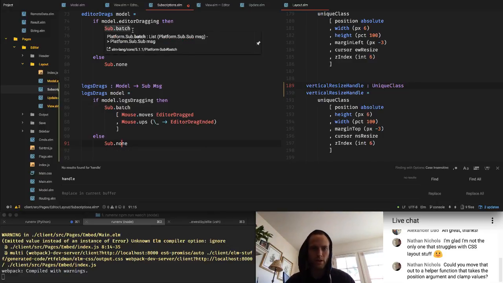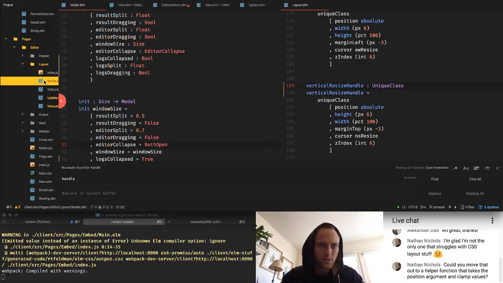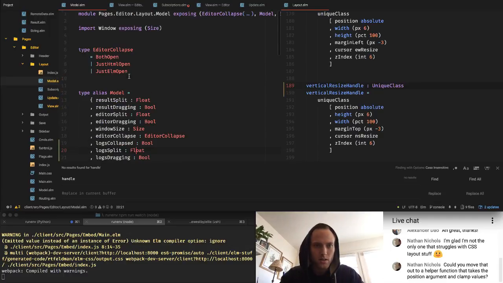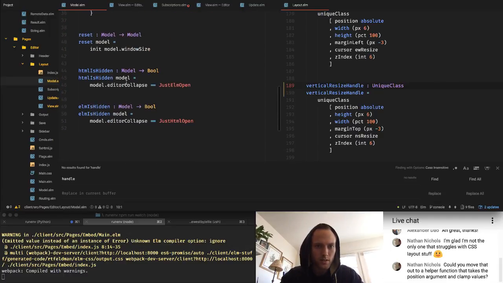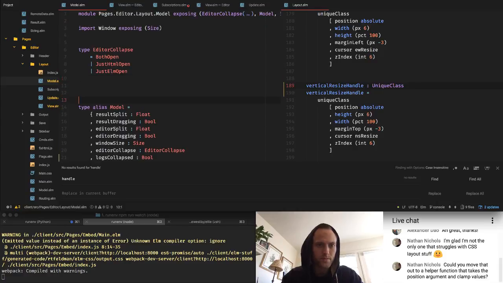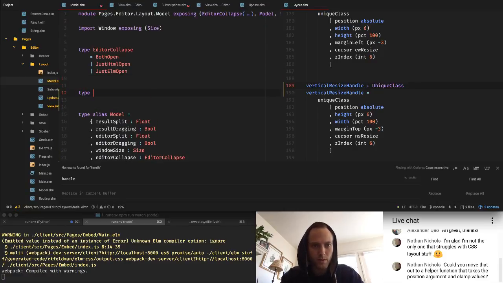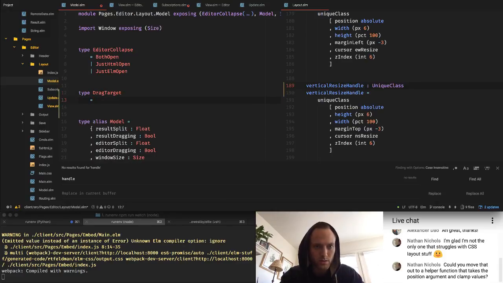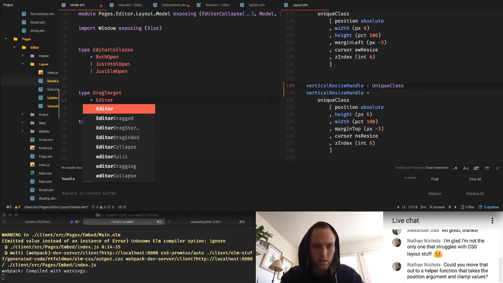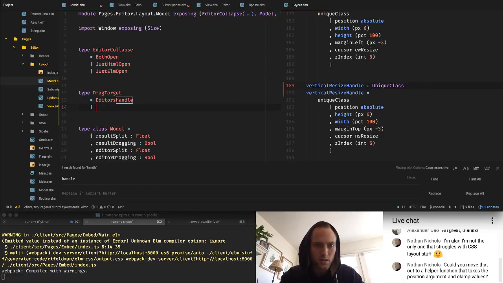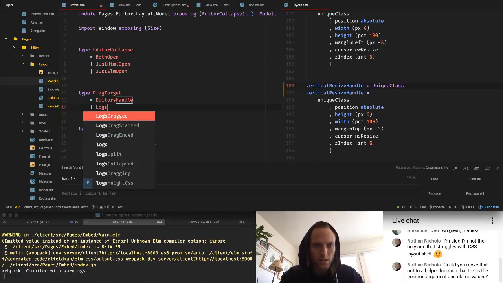There's enough stuff going on here that it probably makes sense to make a single type, type drag target, equals editor handle or logs handle